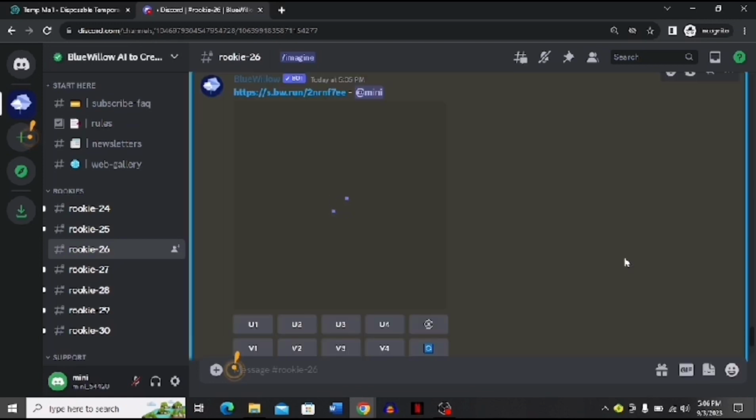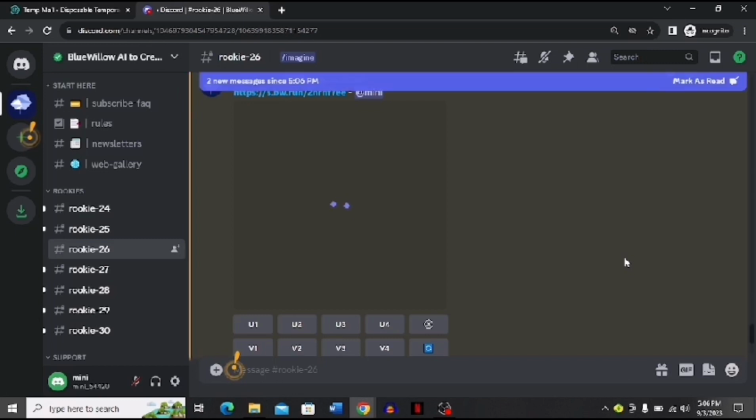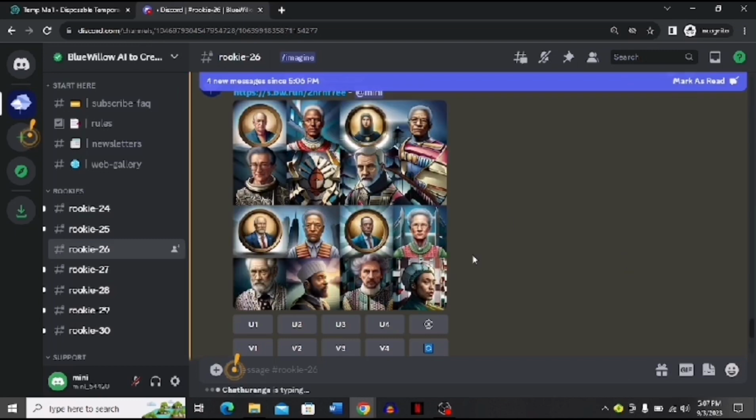Now here you can see that my image has been generated. It will take a little time to load, so be patient at this step. Now you can see that the image is loaded, and this is the image that it has generated for me from my reference image. You can also choose a picture from your library and use it and use the prompt again. So I hope this was an easy process